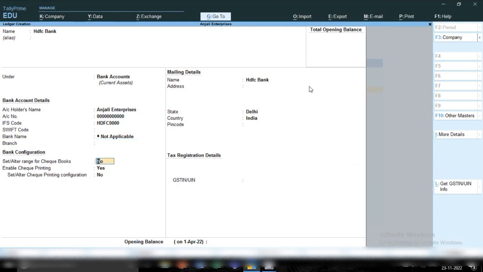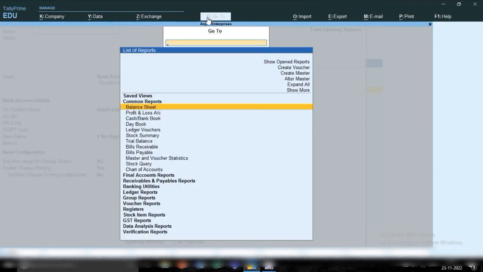So we have created 2 bank ledgers. In this way you can create them if you have 2 or 3 bank accounts. Now, if you want to see where this bank account will show in the balance sheet, I will show you where this ledger will be shown. Click on the go to option, and from here we will open the balance sheet. Click on the balance sheet option,